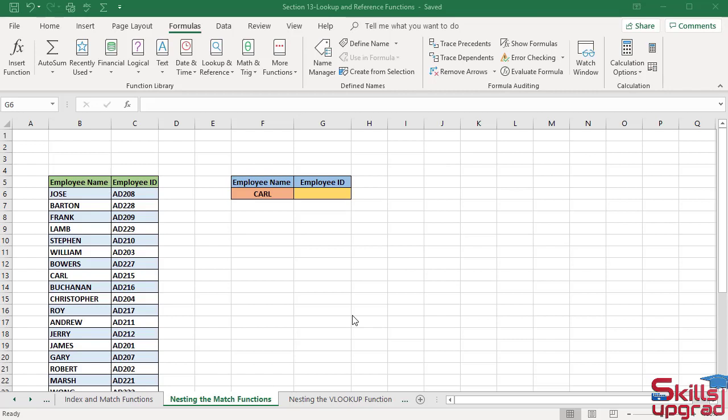Now I nest the match function within an index function. You can get correct result to match function by combining or nesting it within an index function. To return employee ID in this cell, active this cell,